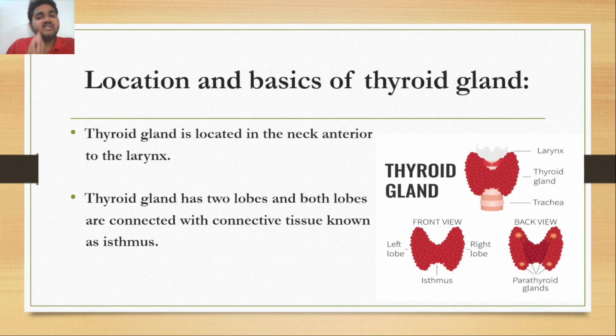So when we start with the location of our thyroid gland, हमें यह पता है कि जो हमारा thyroid gland होता है that is present in our neck region. Now the question is कि neck region में तो present है बट नेक रीजन में एग्जैक्टली कहाँ पे ये प्रेजेंट है लेट अस अंडरस्टैंड दैट. सो द थायराइड ग्लैंड इज लोकेटेड इन द नेक एंड इट इज प्रेजेंट एंटीरियर टू अवर लैरिंग्स. सो एज यू कैन सी हियर इज अवर ब्यूटीफुल इमेज ऑफ अवर थायराइड ग्लैंड. नाउ ये जो थायराइड ग्लैंड प्रेजेंट होता है दैट इज प्रेजेंट एंटीरियर टू अवर लैरिंग्स